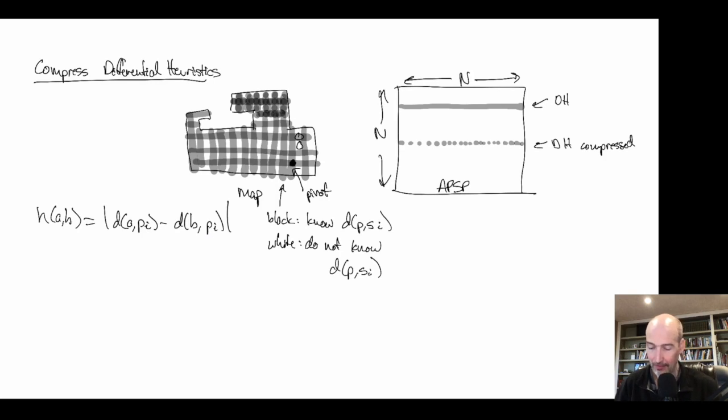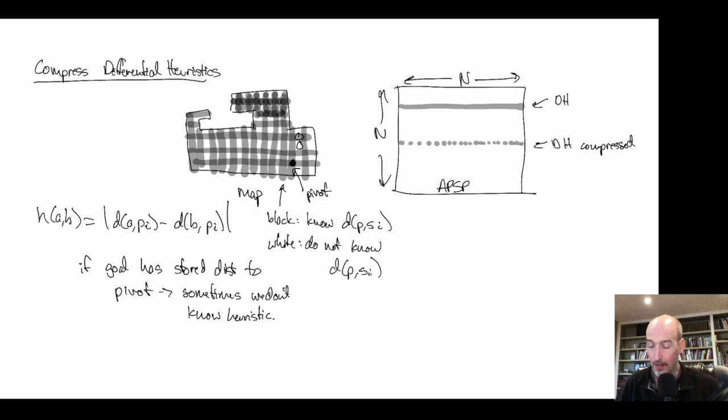So if the goal has a stored distance to the pivot, then it just means that sometimes we don't know a heuristic value. Okay, but because in these sorts of problems, one of the things, I actually didn't mention this in the previous lectures,